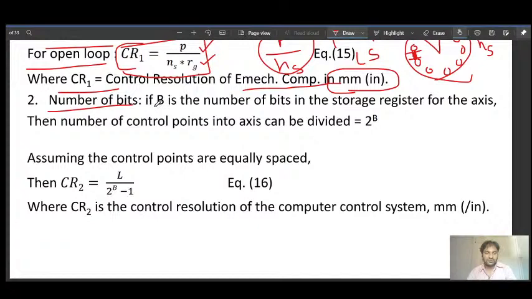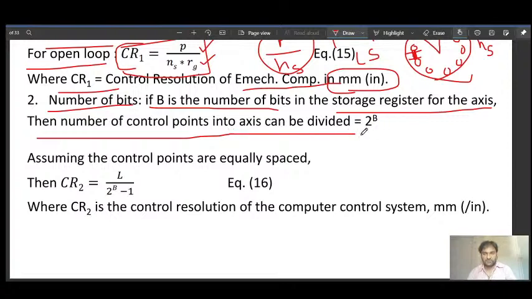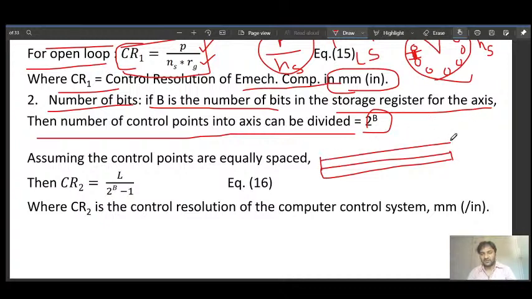Again, number of bits: if B is the number of bits in the storage register for the axis, the number of control points in the axis can be divided into 2 to the power B. It means if the total length is this much, and you are using 8 bit or 12 bit or 16 bit, the whole length will be divided by 2 to the power 12 if it is 12 bit. If that is your lead screw length where the table can move from this end to this end, the whole length will be divided by this many